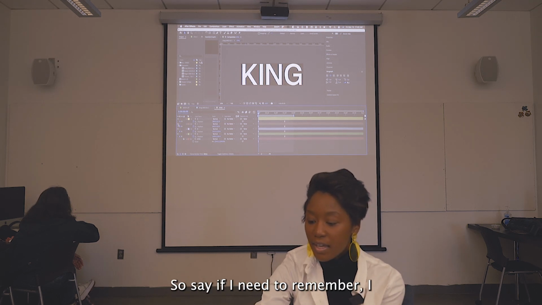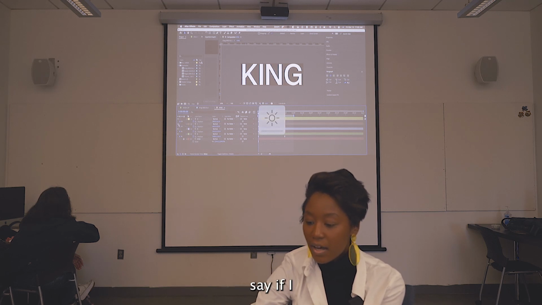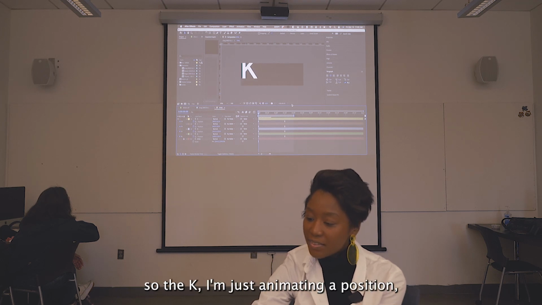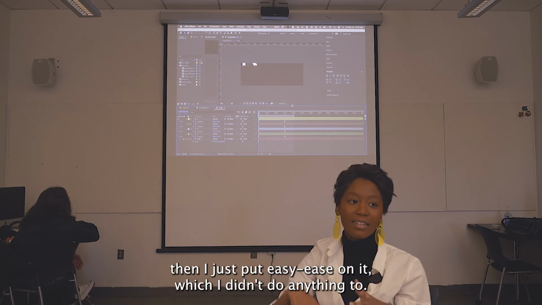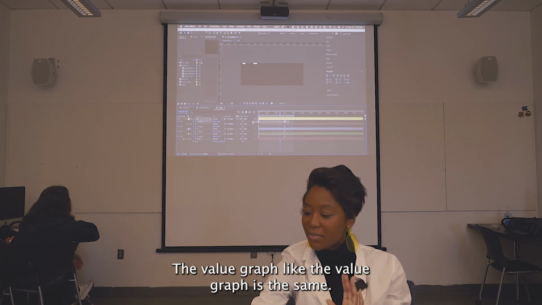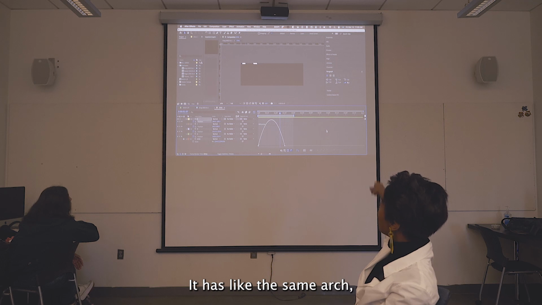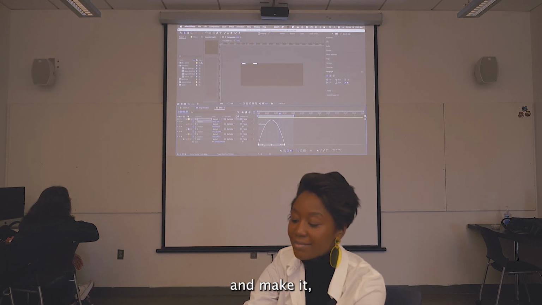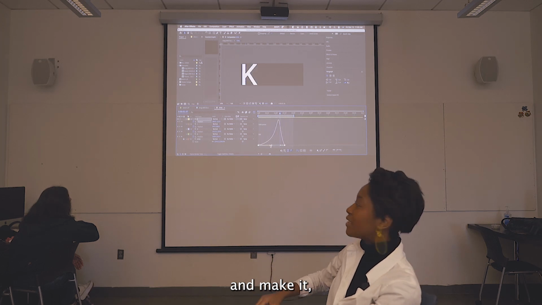So let me turn my brightness up. Say I took away some letterforms. The K, I'm just animating a position. Then I just put easy ease on it, and I didn't do anything to the value graph. The value graph is the same, it has the same arc. If I wanted to change it and make it sort of lift off,